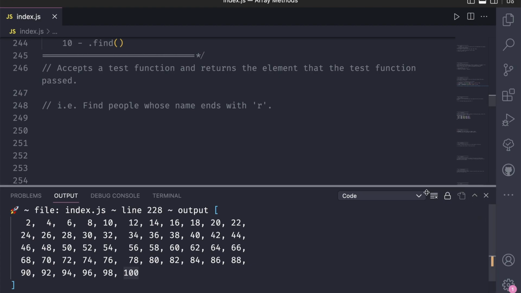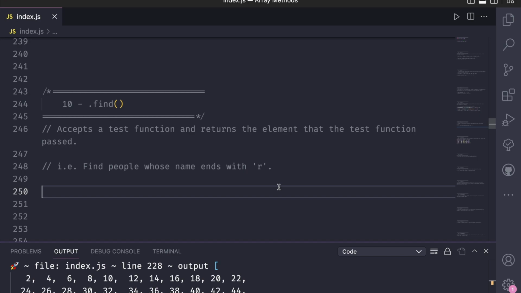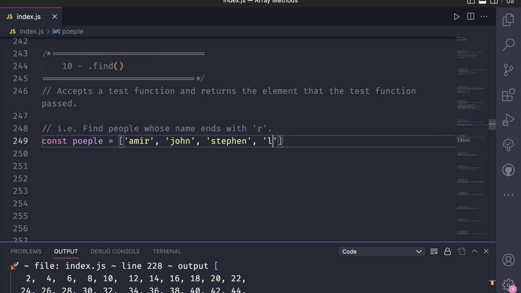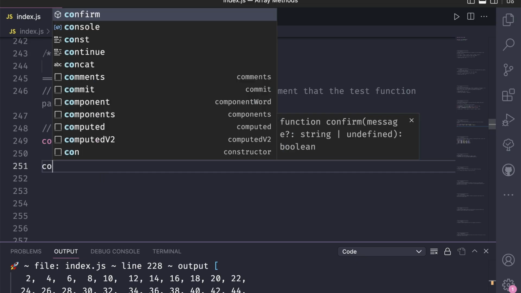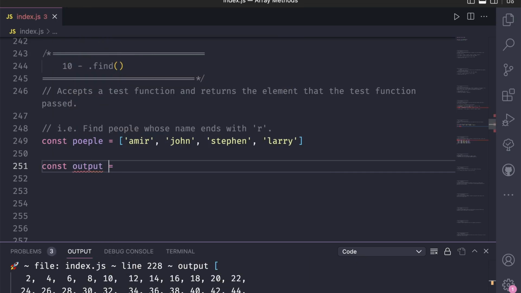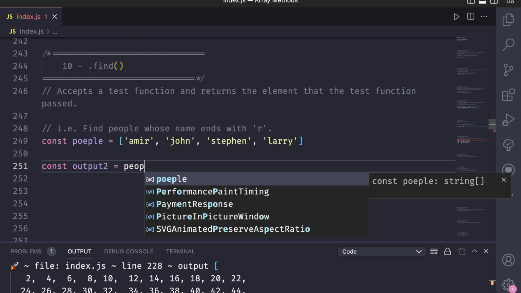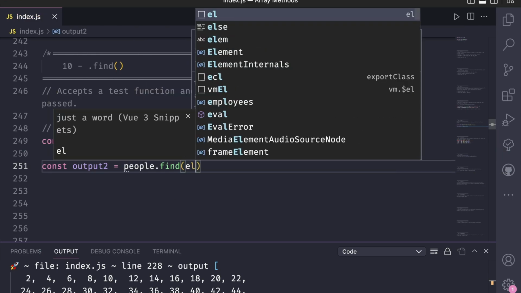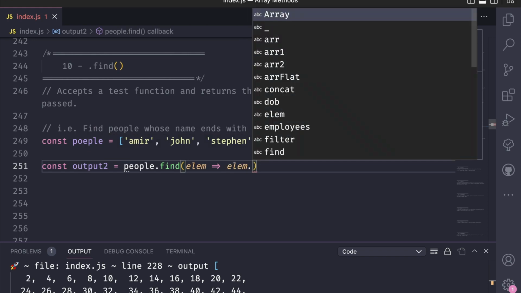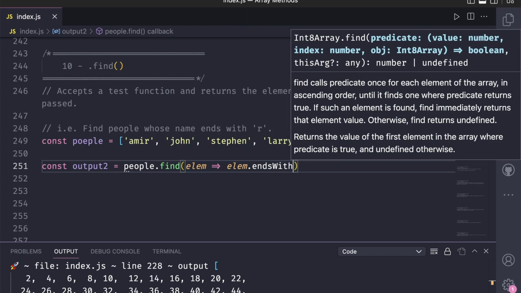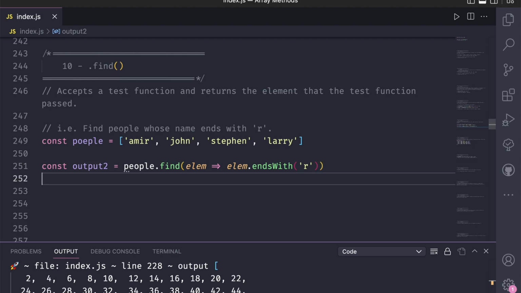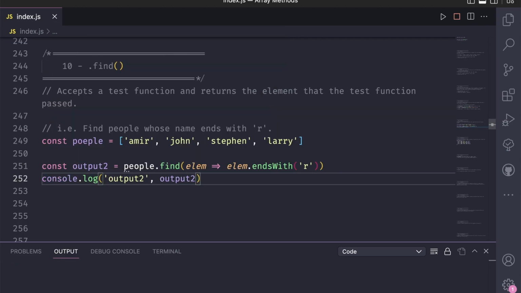The find method accepts a test function and returns the element that passes that test function. Here we already have this example. It says find people whose name ends with R. Now we're going to run this find function on that. Output 2 is people dot find, with each element dot endsWith R. And now if I output this here and run that,